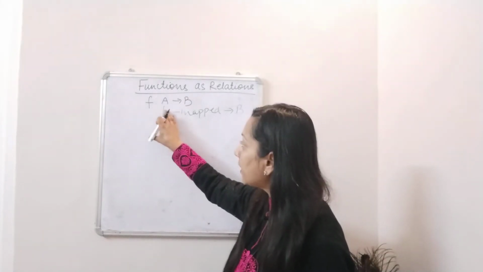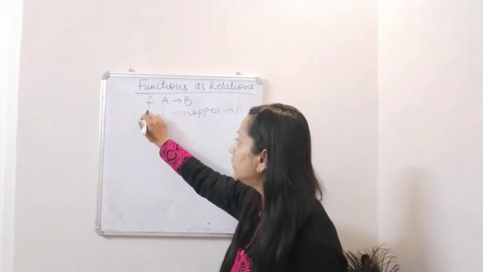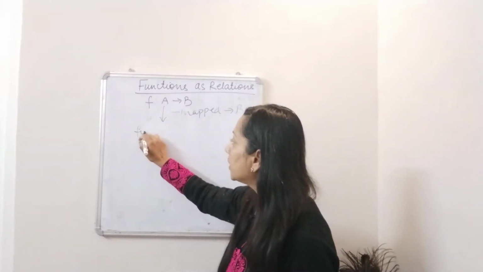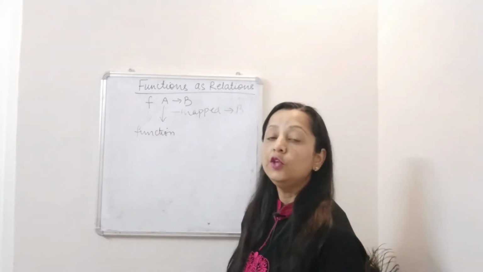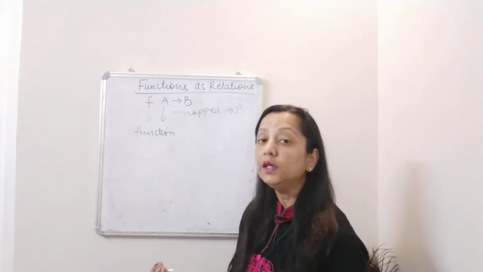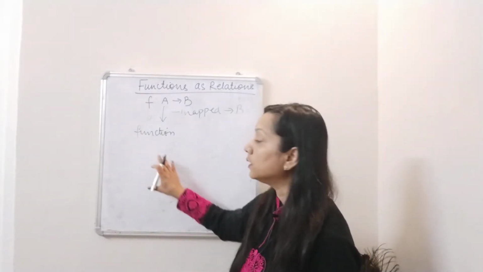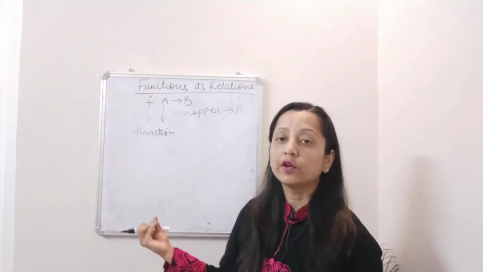So this is the mathematical expression or representation for a function. Here f denotes the function. You can give any name to the function. Here we have given it the name f. You can give it the name g, you can give the name d, you can give it a name e as per convenience, but conventionally f for function, so we are comfortable writing f for a function.